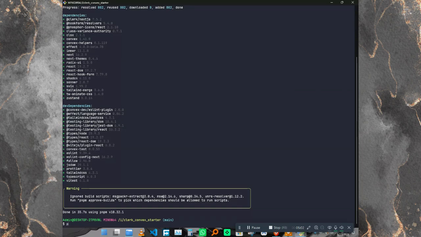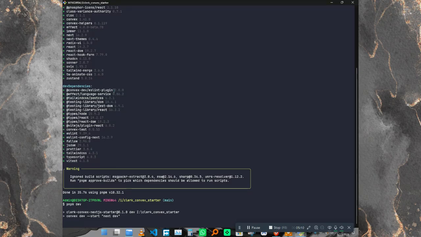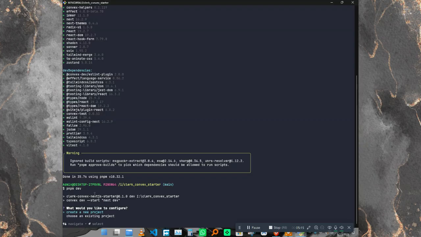Now the dependencies are installed. Now I'm going to create the Convex project. For the Convex project, just run npm run dev. It will ask to configure the Convex project, because by running this command it will first run Convex, and as you can see it's asking to choose an existing project or create a new project. So I'm going to create a new project,